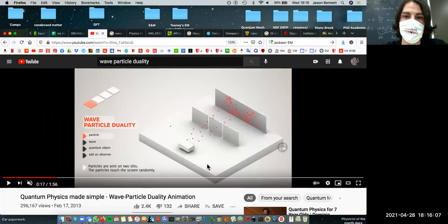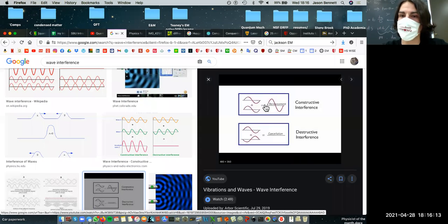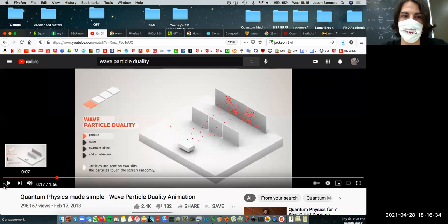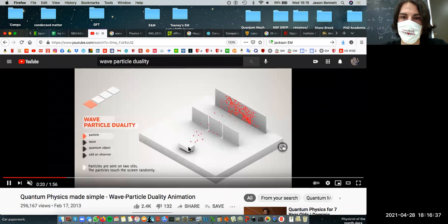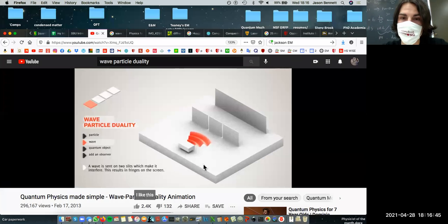So imagine you're sending this machine with a bunch of particles. These particles don't interfere like this. They aren't waves. If one particle is going one way and another one is going the other way, it's not like a bigger particle happens. You see in this interference here, if these two waves are at the same value, they add. Similarly, if they're in opposite values, they cancel. That doesn't happen with particles. So if you let this baseball shooter machine go, it just produces a random assortment of particles over here. However, if it's a wave,